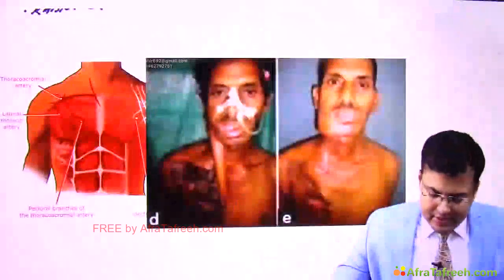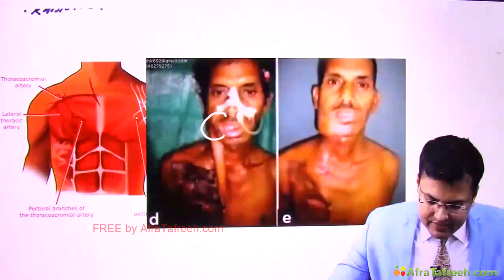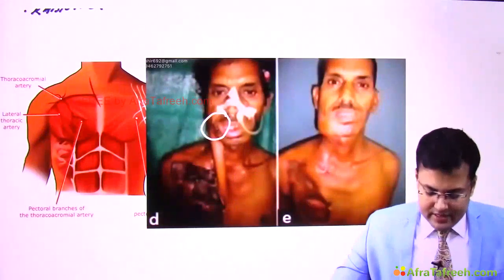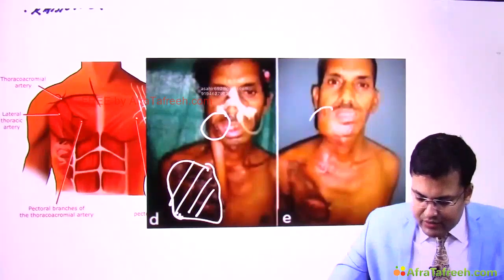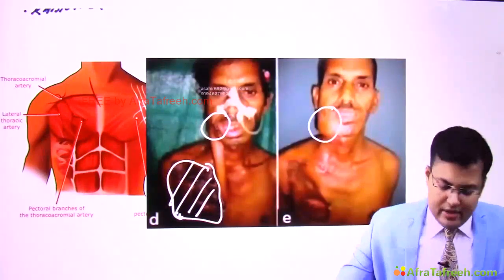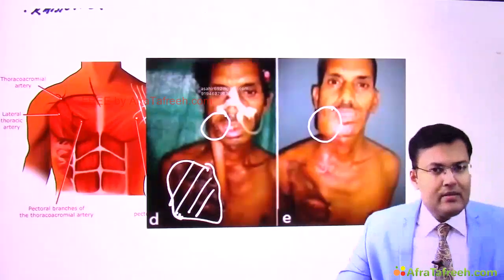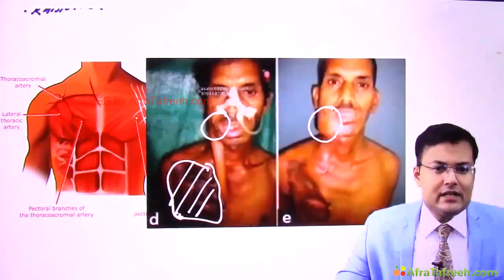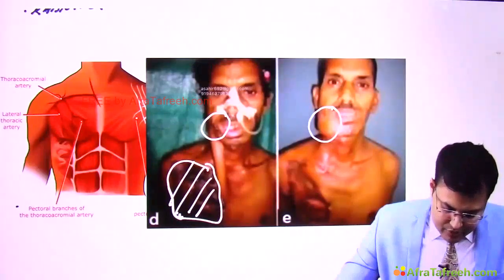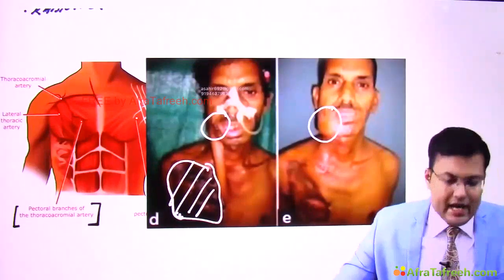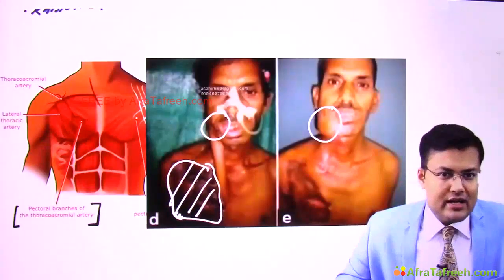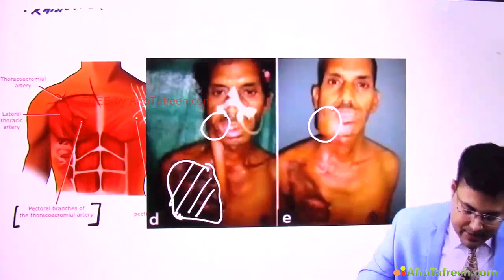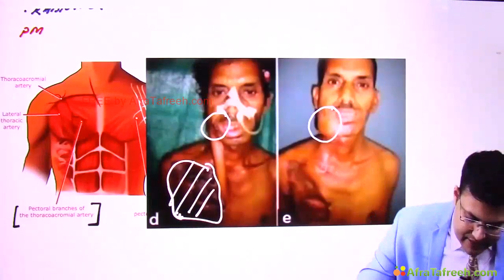In this patient you can see that the patient has this defect, and for this defect I am taking the pectoralis major myocutaneous flap. So this flap is used here for the reconstruction. The question is asked: this PMMC flap is based on which vessels? It is based on pectoral branches of thoracoacromial vessels. This image-based question was asked in AIIMS. So the most important flap is the PMMC flap.